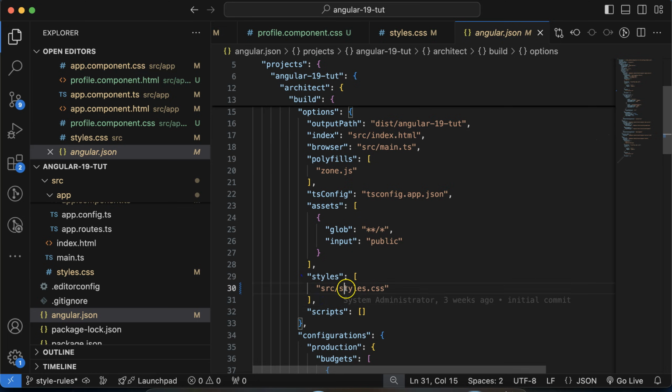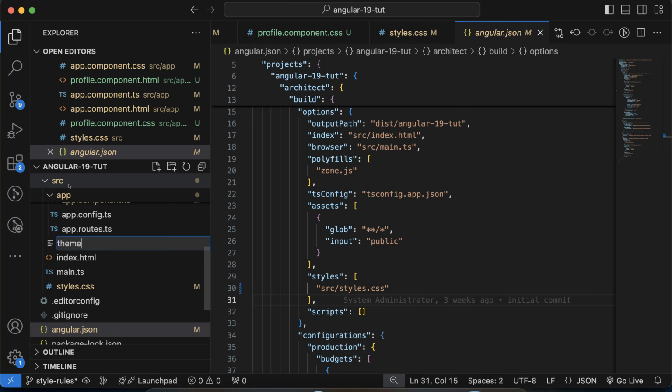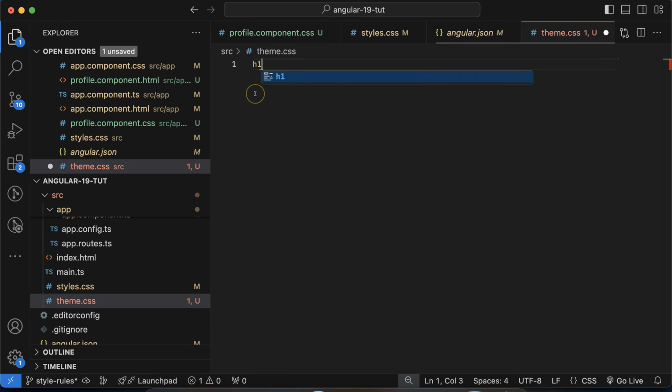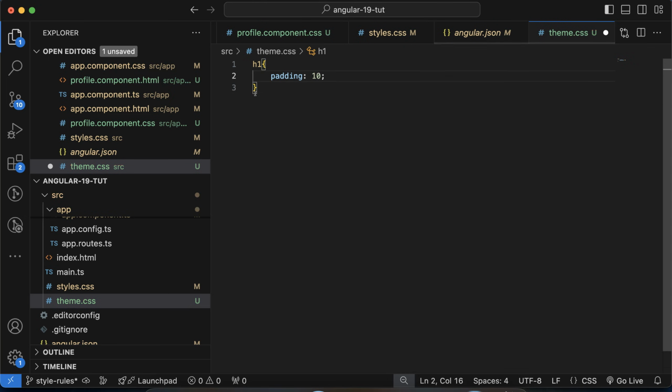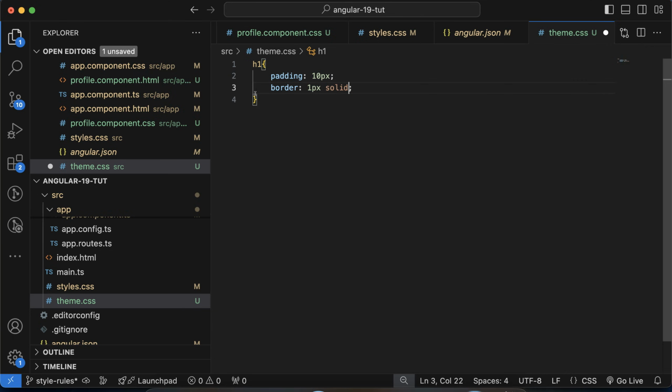So this file is automatically, or you can say by default, registered when we created the application. Okay, so now the question is, let's say you want to create a different global style file, then how can you do that? You can just simply click on the src and let me create one more file, theme.css, right? And let's say there, for all h1 tags, I'm making some border with padding